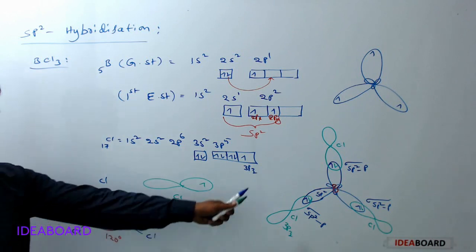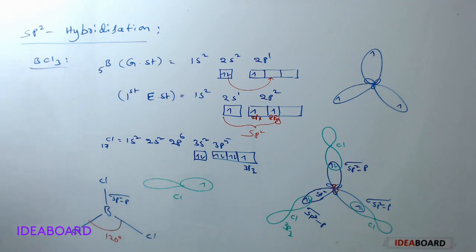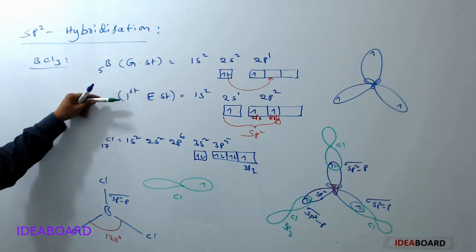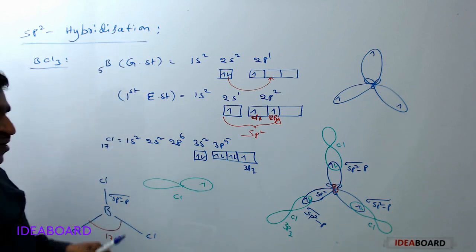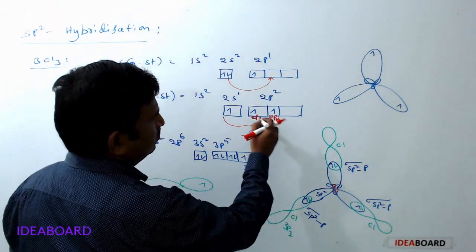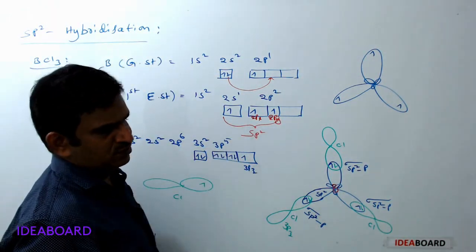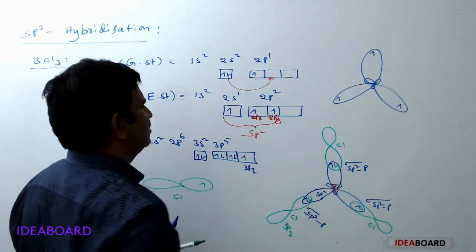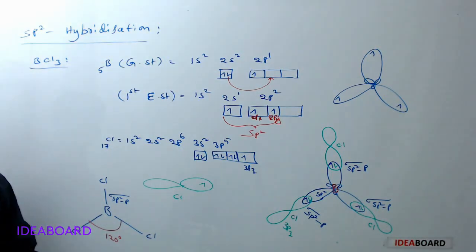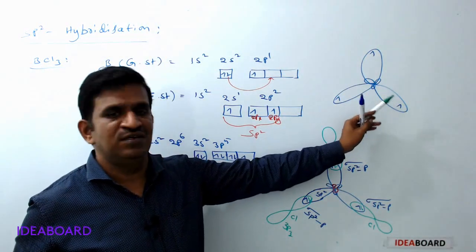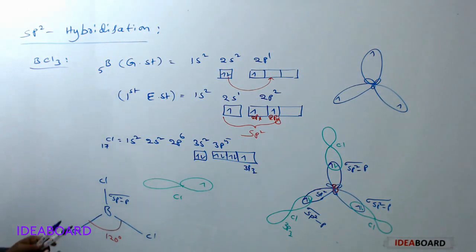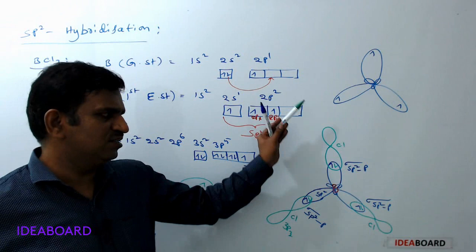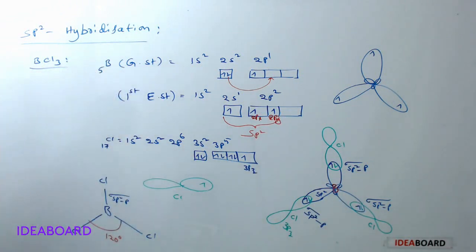That is BCl3 formation. Okay, so please remember here the BCl3 molecule: first boron ground state, first excited state. In the first excited state, the 2s orbital and 2p orbitals intermix and form 3 hybrid orbitals. These are the 3 hybrid orbitals of boron arranged in trigonal planar, and chlorine approaches and forms linearly overlapped bonds, 3 sigma sp2-p bonds.